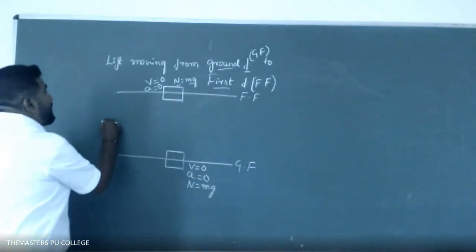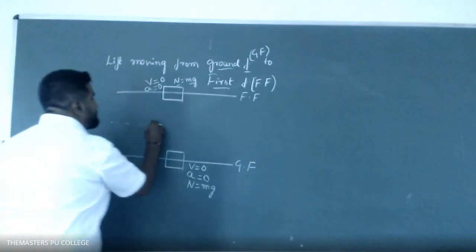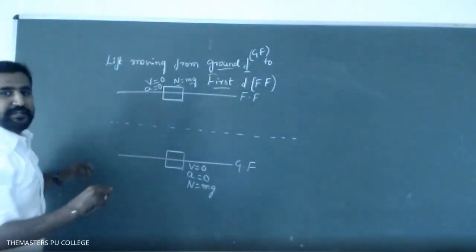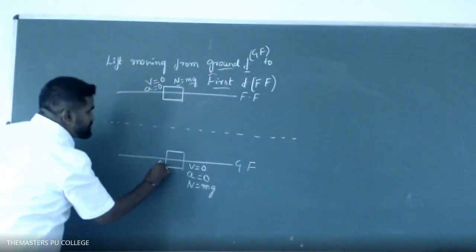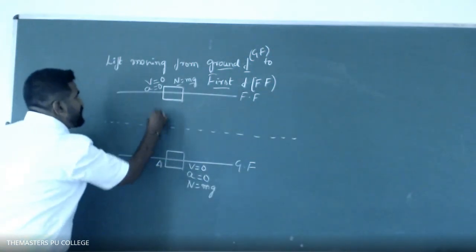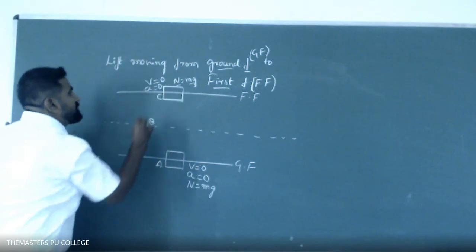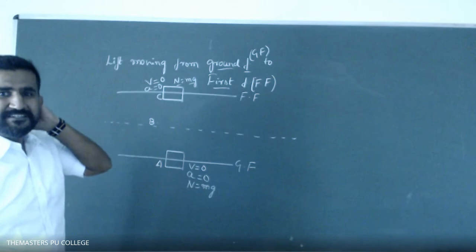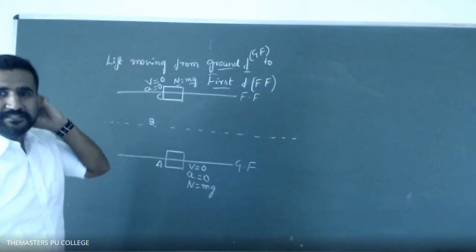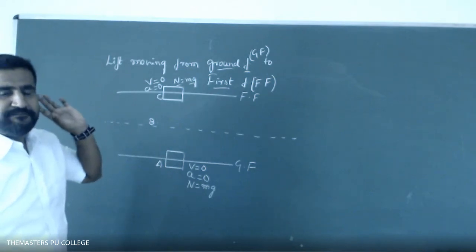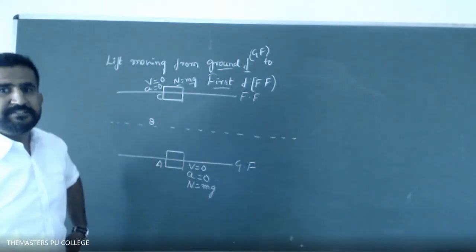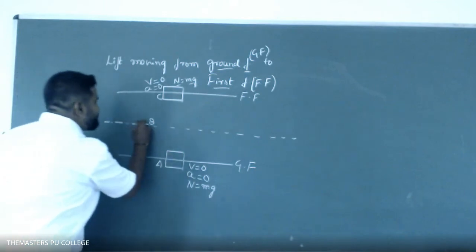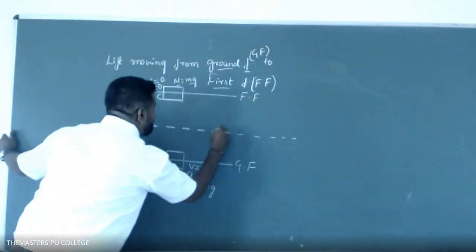Let me analyze this motion by taking two portions in its path. Let me take this position as A, this position as B, and this position as C. Observe, here our journey starts. Greater than true weight, when, Puneeth? When it is greater than true weight? Middle. Very good. Super. Let us observe.